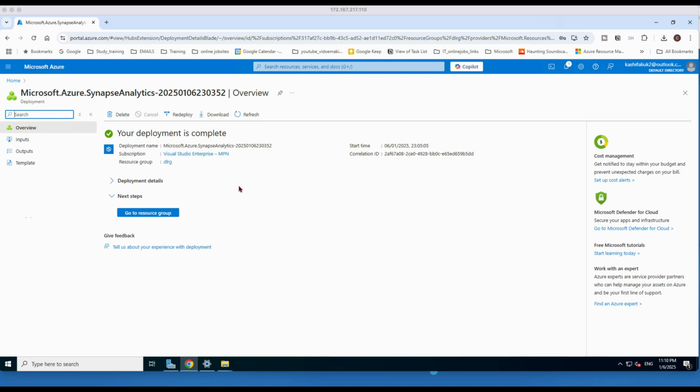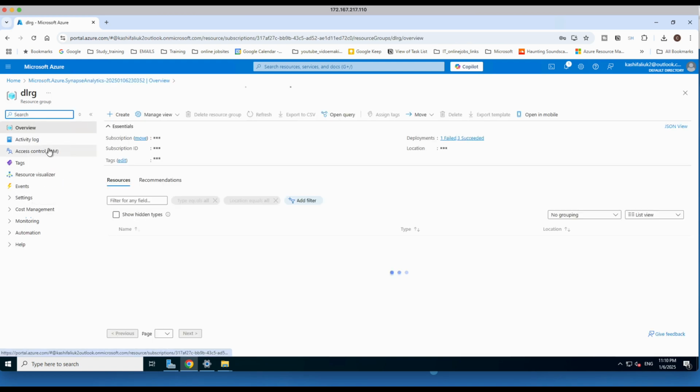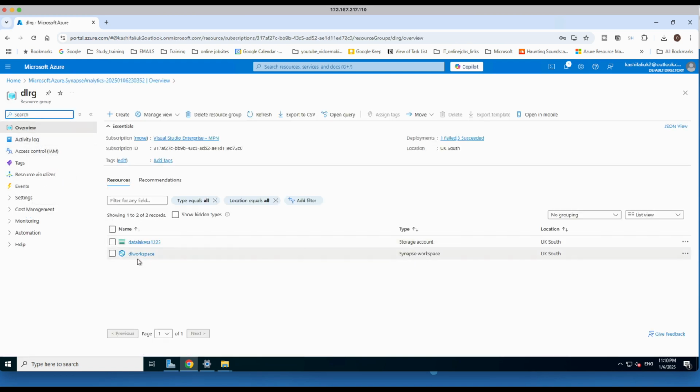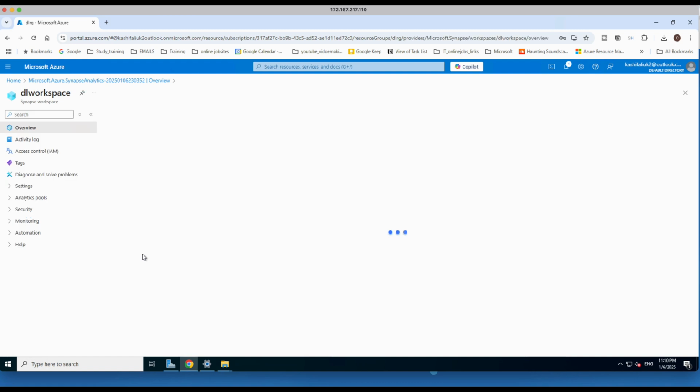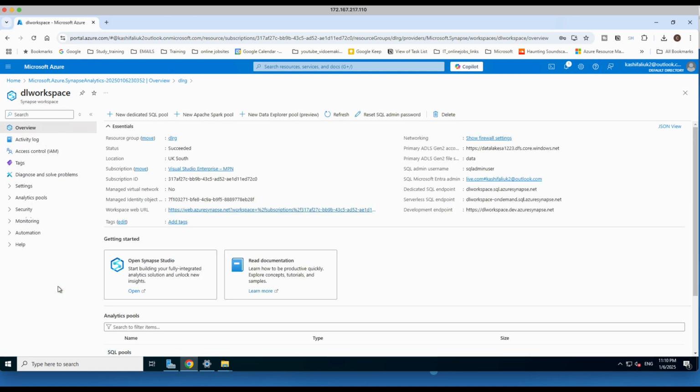And when we create SQL pools, I will show you how to do it. So if you go to resource, so this is our resource group, and you can see our DL workspace, Synapse workspace has been created, and this is account. So if we click onto that one, when we are creating a pool, which is required to create a data warehouse, so if I go to pool,